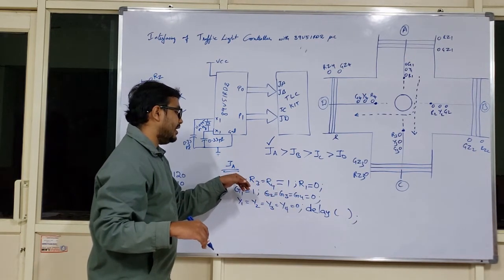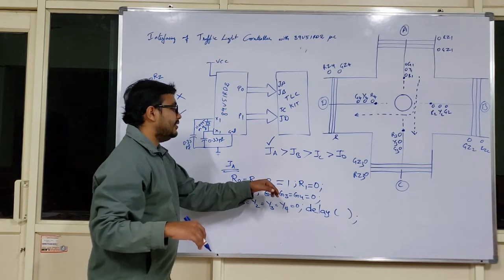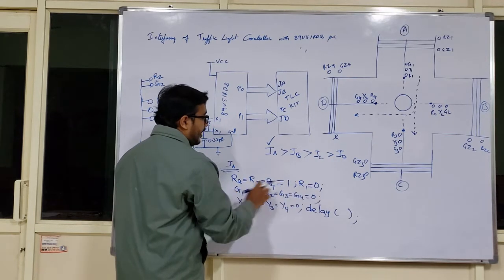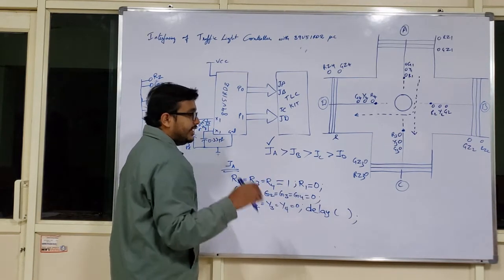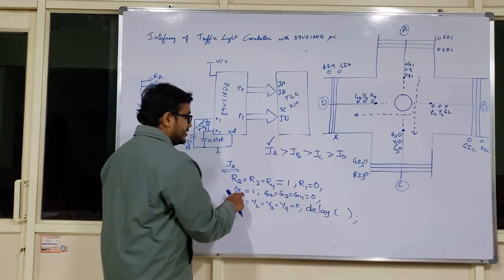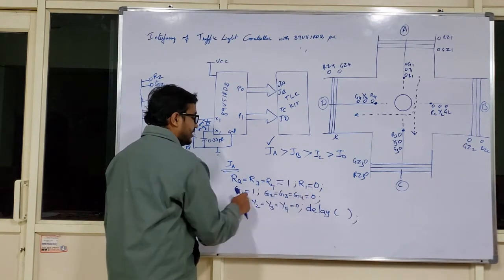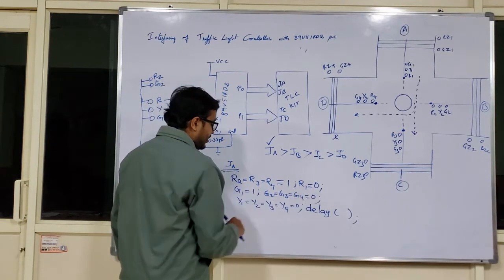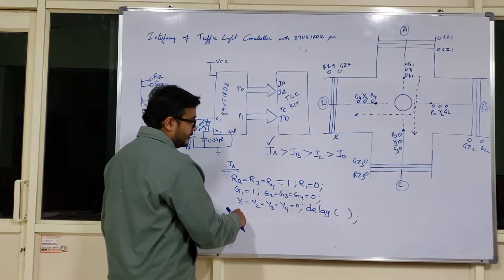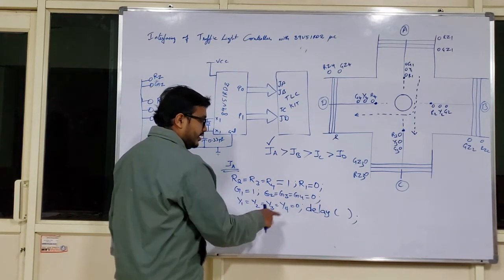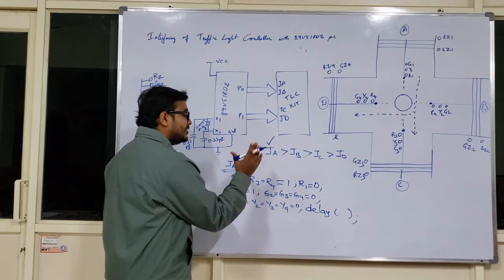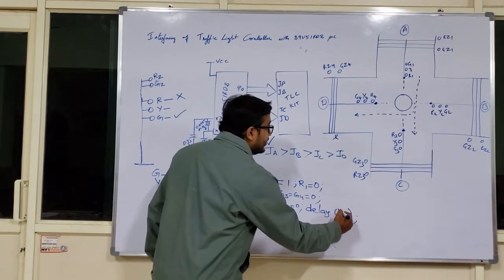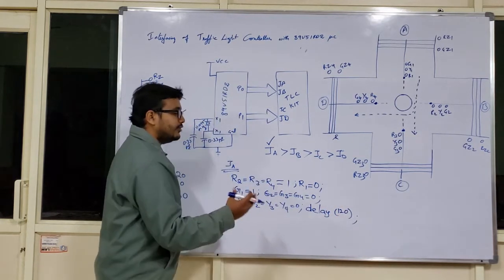That is a red lamp presented in junction B, C and D will be logic 1 and junction A red lamp will be logic 0, because green and red are acting as an inverter pair. So if it is on, it means the other is off, and if it is off, it means the other is on. If green is on, all the remaining greens will be 0. Next, I don't have any requirement to make any of my yellow lamps 0 here. So at junction A the green lamp will be on for 120 time iterations, or 120 seconds you can assume generally.